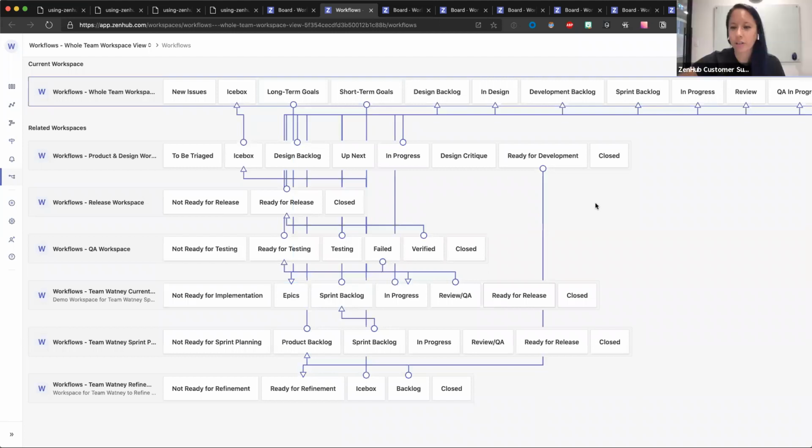Yeah, a question popped up here saying, do you suggest having a done pipeline before it moves to closed? So it all depends on what your definition of done is and how your team works. Done pipelines are super common. And on the Team Watney current sprint